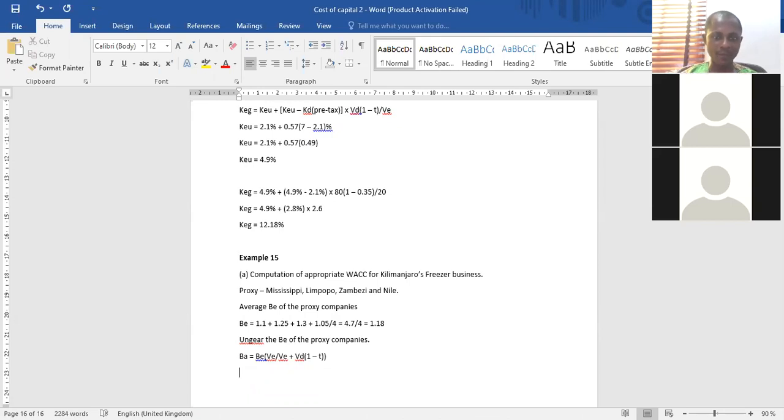Now, we know our beta of equity. What's our market value of equity? We are going to calculate market value of equity for the 4 companies. We need to add their values of equity together, because we are using all their betas together as well. So what do we do? For Mississippi,